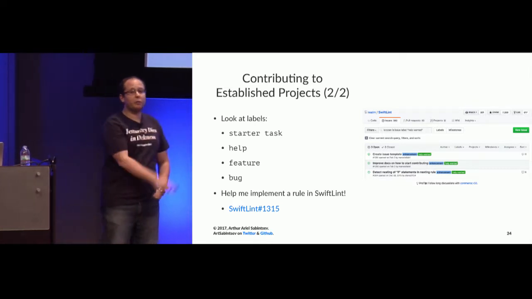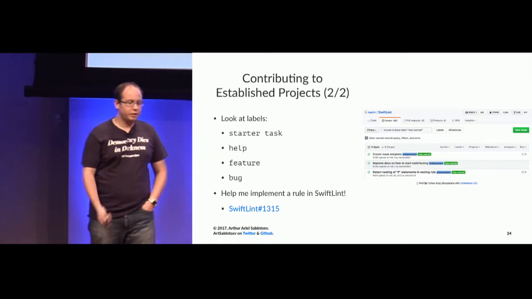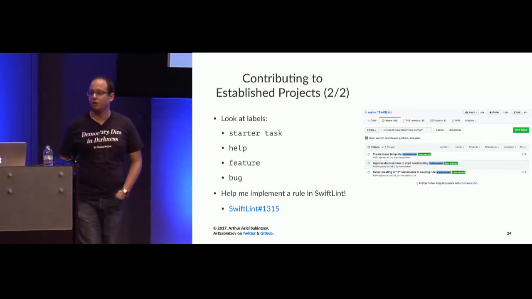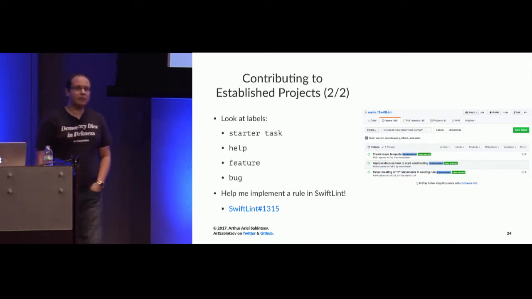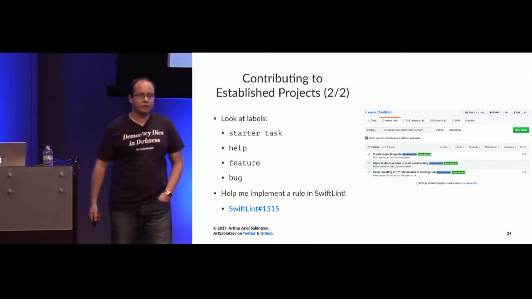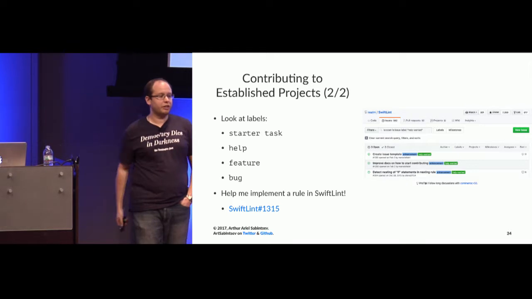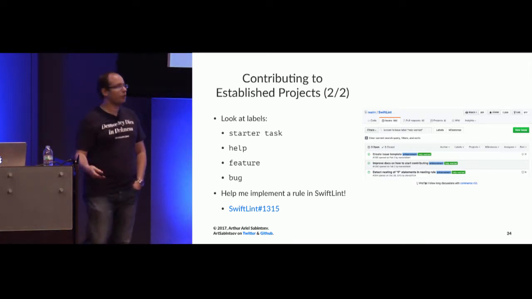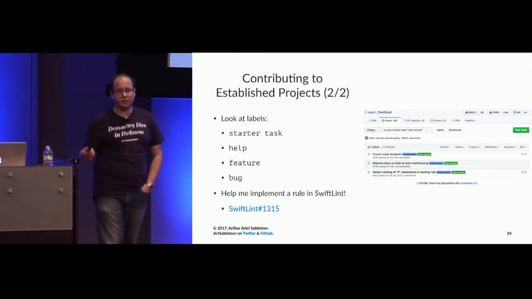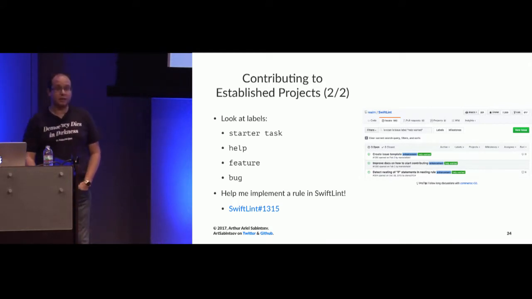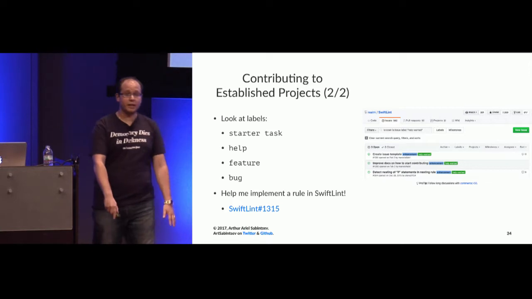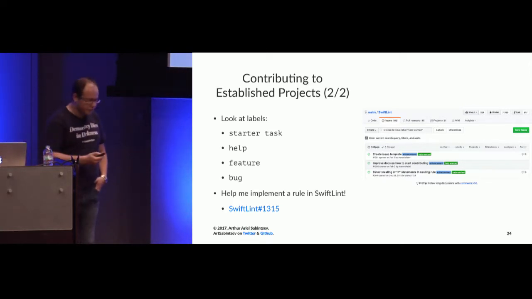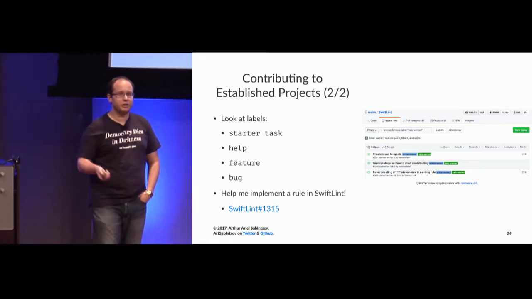I have a rule that I want to implement in SwiftLint. I have an implementation. It was not approved, but I have not had time to re-implement it. So the rule is something about throwing a warning whenever a function that is supposed to throw doesn't actually throw in any way. It doesn't throw, rethrow, et cetera. My implementation wasn't ideal, and I haven't had time to get back to it. But if any of you want to start to contribute to open source right now, go there. SwiftLint number 1315. It's an open PR, and you can see the entire discussion.